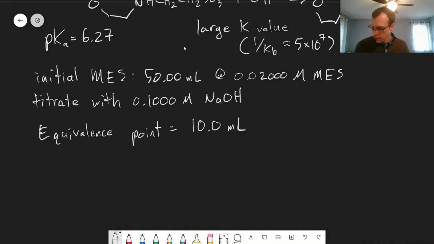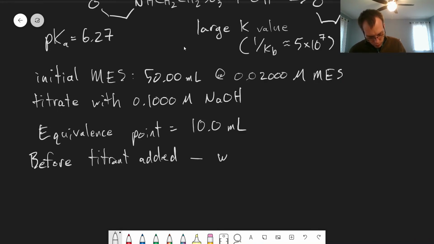Okay, so then we can think about what's the pH at different points along this titration curve. So we'll consider at the beginning of the titration, before the equivalence point, at the equivalence point, and after the equivalence point. So 4 different places. We'll do the before the titration even starts in this video. So if we're looking at before titrant is added,